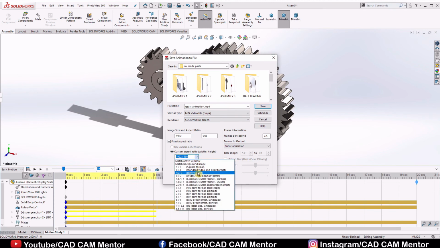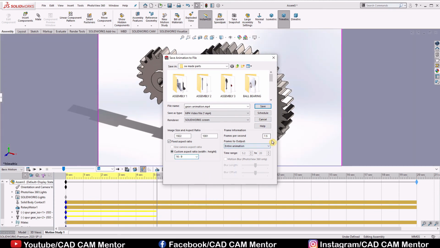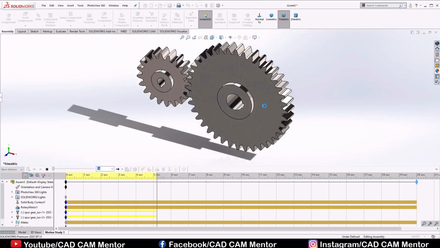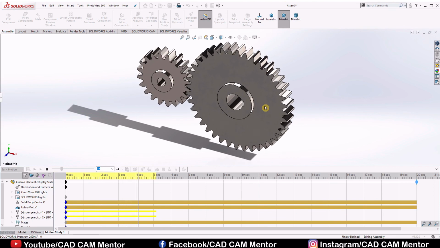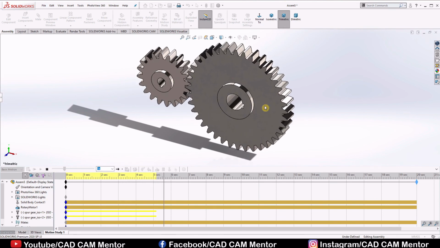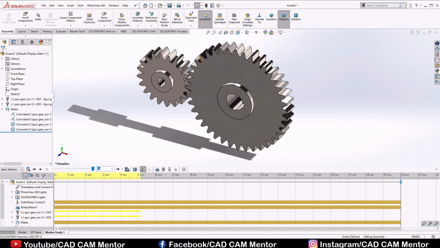Aspect ratio 16:9. Frames per second. If you increase the frames per second, it will take time to save. So we'll save it. So this is our spur gear assembly.